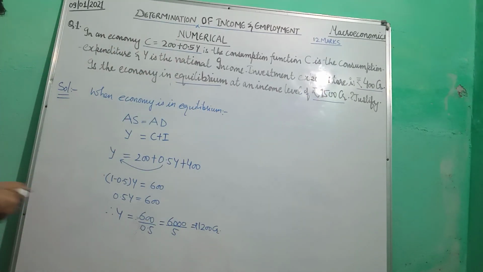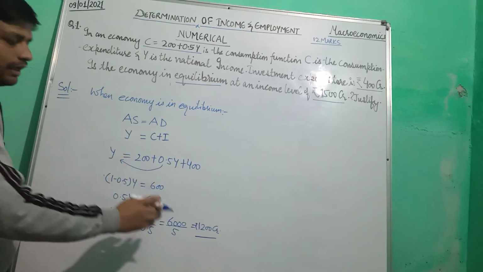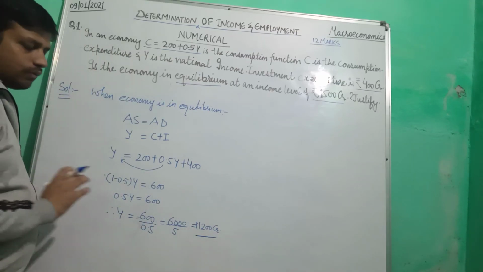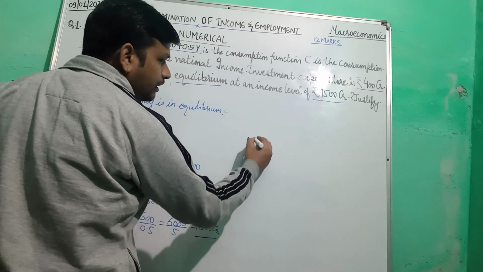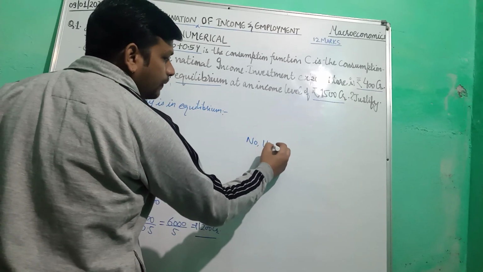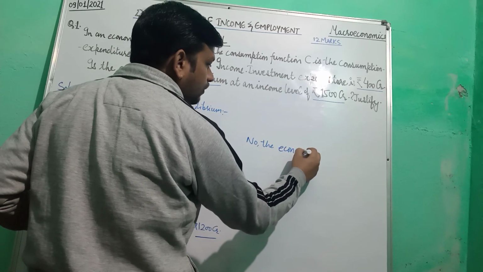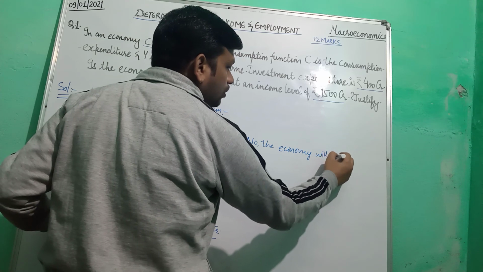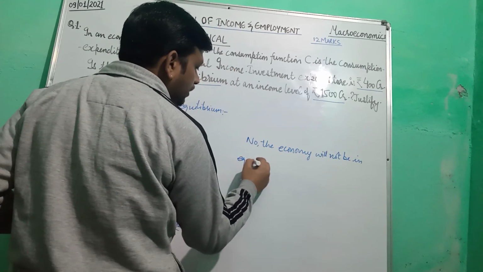It is very clear to you that for the economy to be in equilibrium, national income must be equal to 1200. So our answer will be no, the economy will not be in equilibrium at